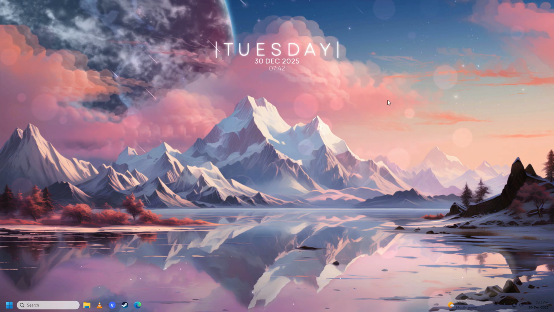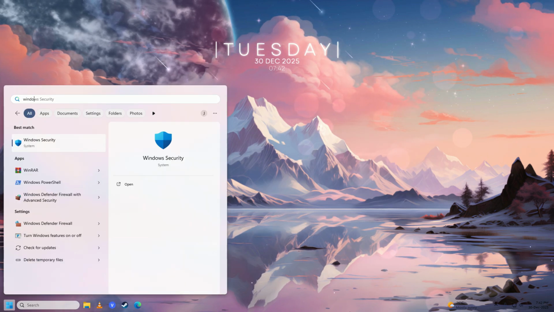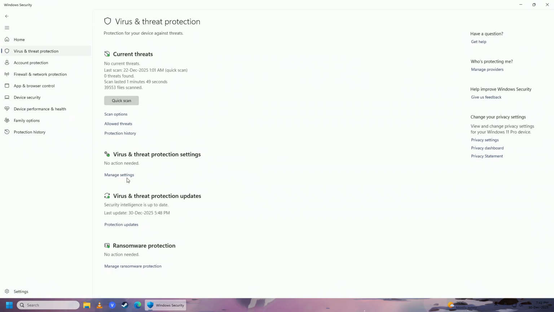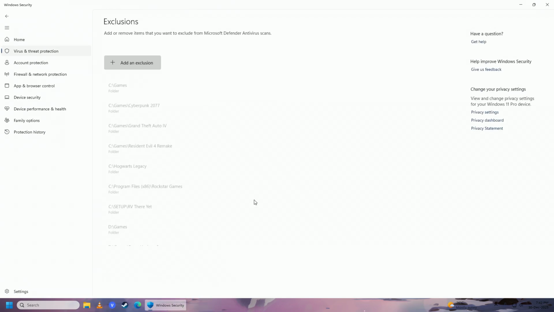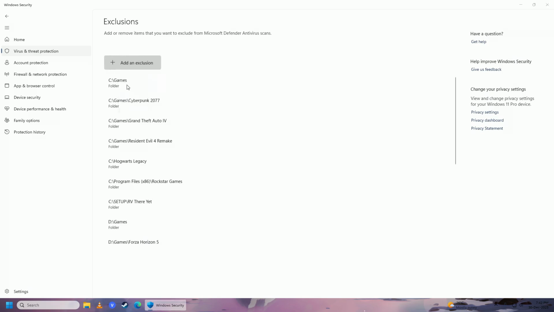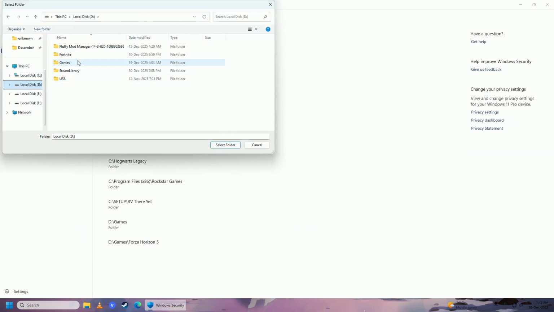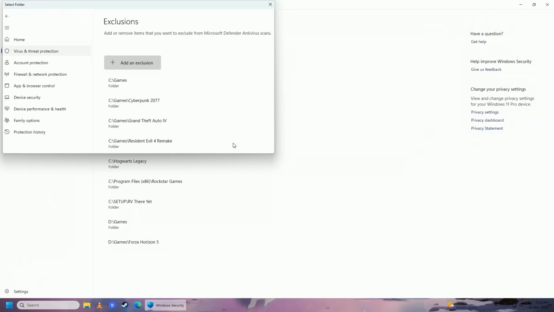And after that, you're going to open up your start menu. You're going to write here Windows Defender or Windows Security. You're going to go into virus and threat protections, go into manage settings here, scroll down, click add or remove exclusions, click yes, click add an exclusion, click folder. Now go to your GTA directory and select folder on here, add the folder to exclusions,